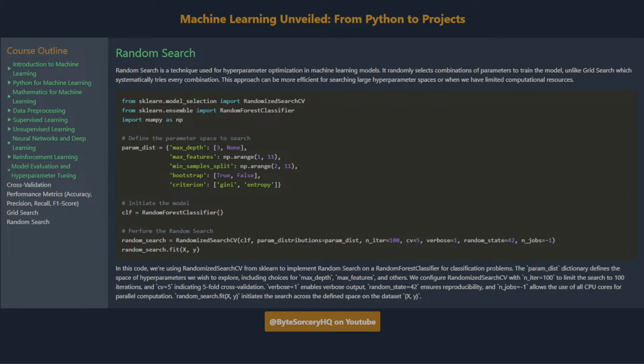We configure RandomizedSearchCV with n_iter=100 to limit the search to 100 iterations, and cv=5, indicating 5-fold cross-validation. verbose=1 enables verbose output, random_state=42 ensures reproducibility, and n_jobs=-1 allows the use of all CPU cores for parallel computation. random_search.fit(X, y) initiates the search across the defined space on the dataset X, y.